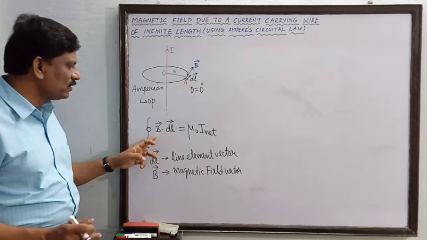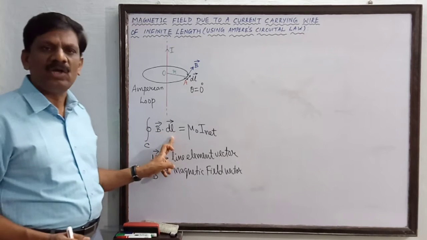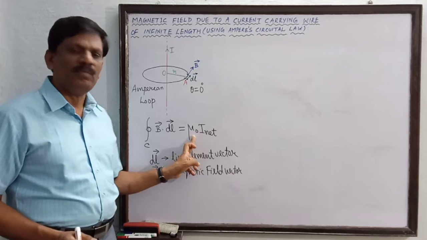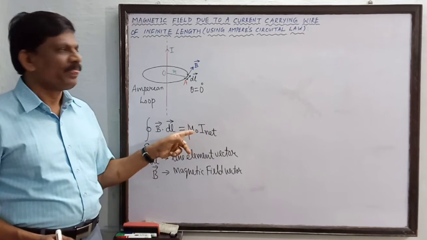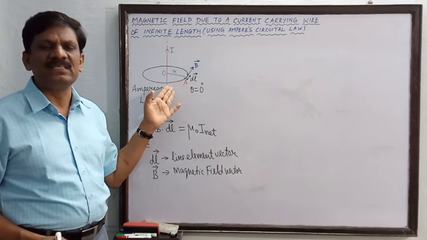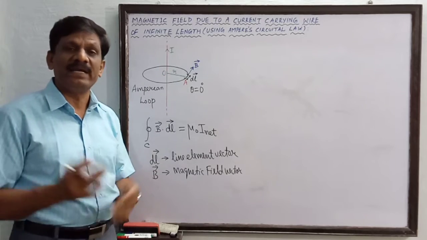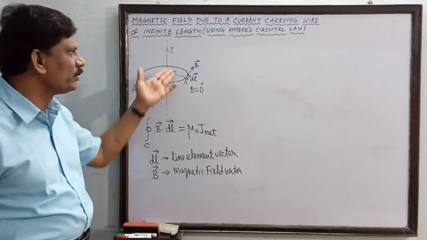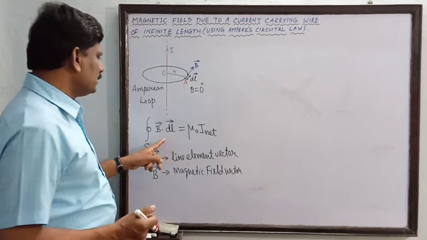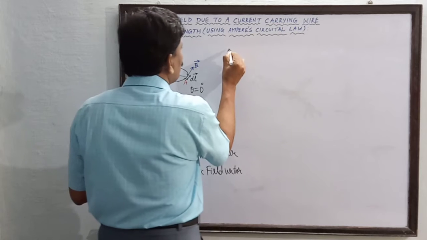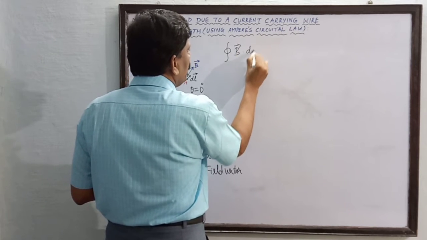According to Ampere's circuital law, the closed integral of B dot dl is equal to mu naught times the net current enclosed by the loop. Now here there is only one conductor which is enclosed by the loop, and there is only one current flowing through the conductor. So naturally the net current is nothing but the actual current flowing through the conductor. Now the left hand side of this equation, the integral of B dot dl,